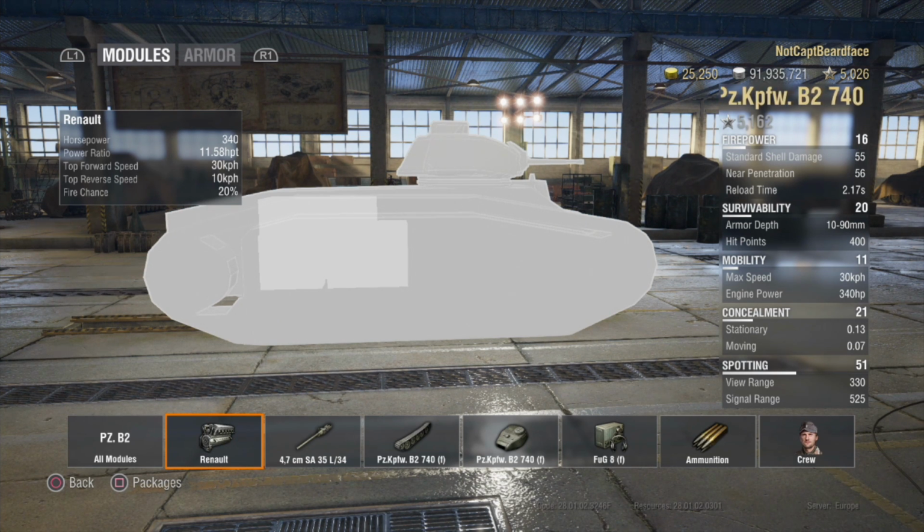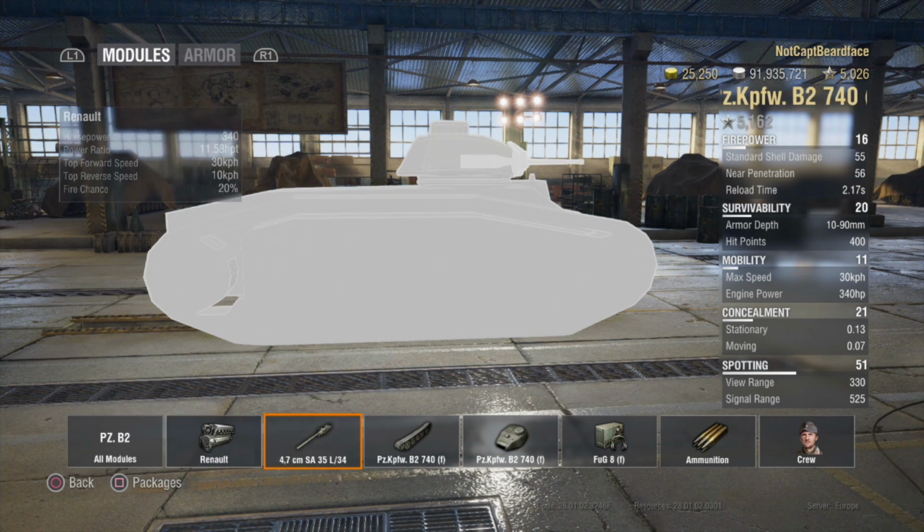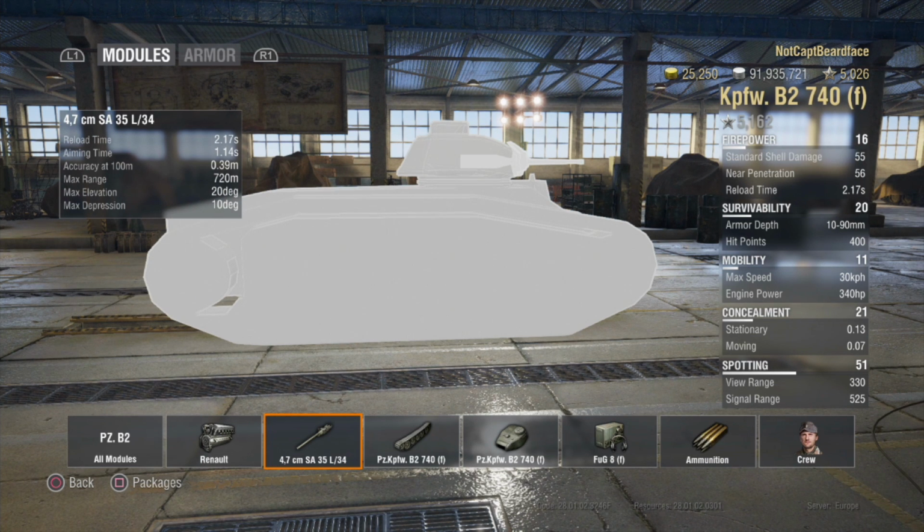Concealment, by the way, is not very good. It's a heavy tank at the end of the day. 0.13 for stationary and 0.07 for moving. Now, gun-wise,